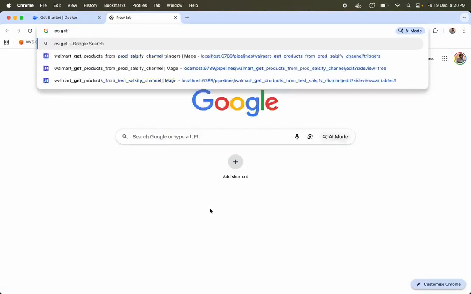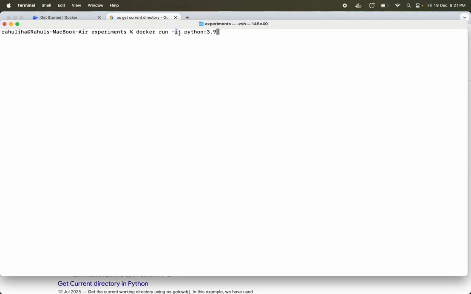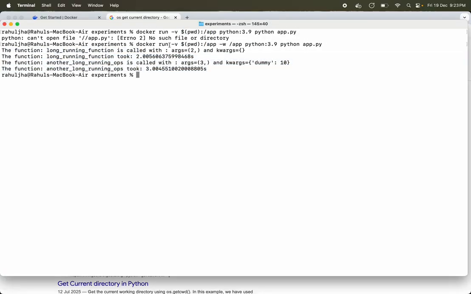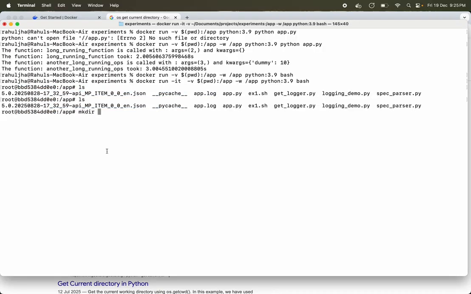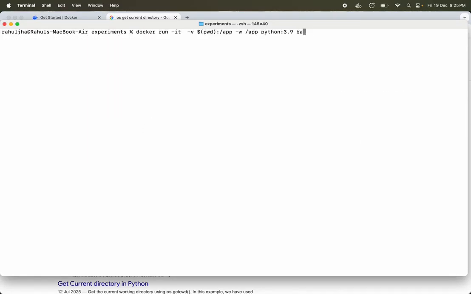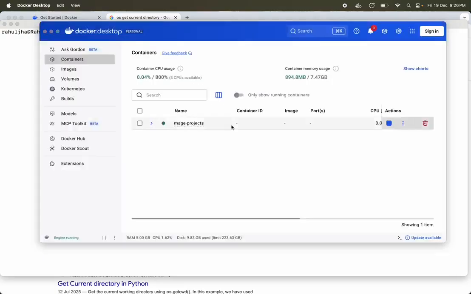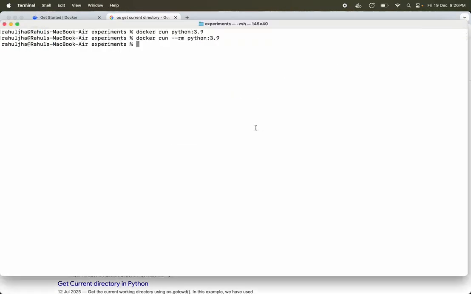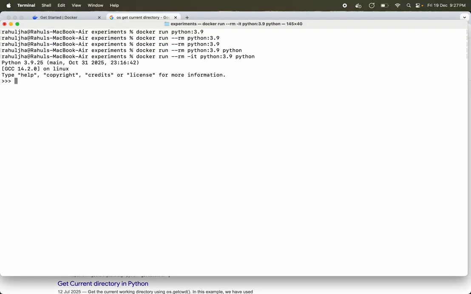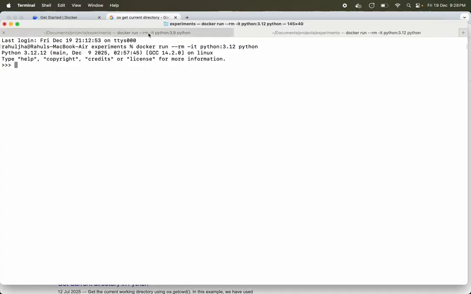Although there are other methods such as virtual environment, and you can do this same exact thing using virtual environment as well, what I have felt over the years by utilizing Docker is that when you use Docker you can quickly test certain things and you don't have to install anything. The only piece of software that you need is Docker. Okay, so let me show you how this looks.